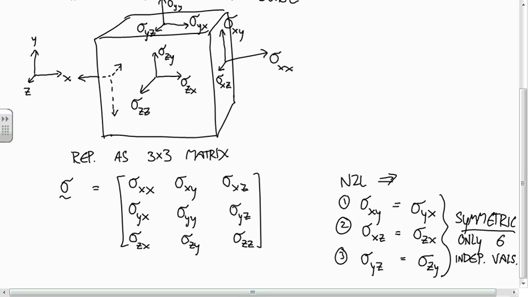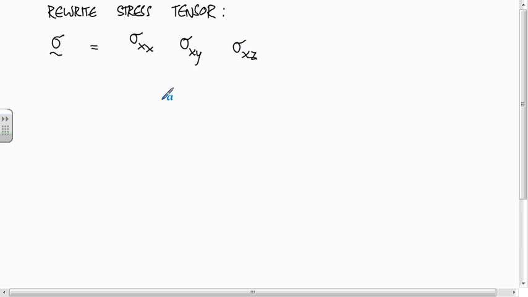Okay, so I'm going to rewrite the stress tensor sigma as equal to, so now we have sigma xx, sigma xy, sigma xz. This in the first time I wrote it down was sigma yx, but now because of symmetry, I'm going to leave this as